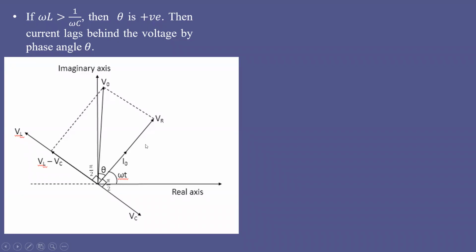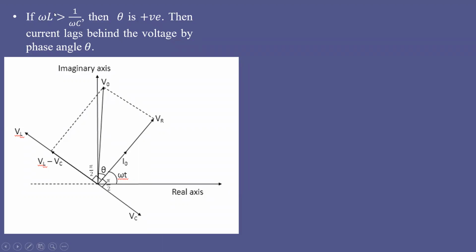Okay. And initially the phase of the voltage is omega t. If you apply the voltage V, that will be divided into VR, VL and VC. Here, if VR has the phase omega t, then VL will have the phase omega t plus pi by 2, and VC will have the phase omega t minus pi by 2. That is how you can represent it. So VC is lagging behind the voltage across the resistance by pi by 2.